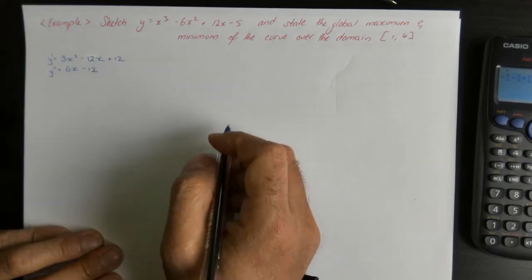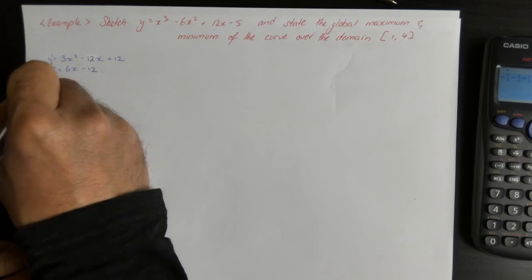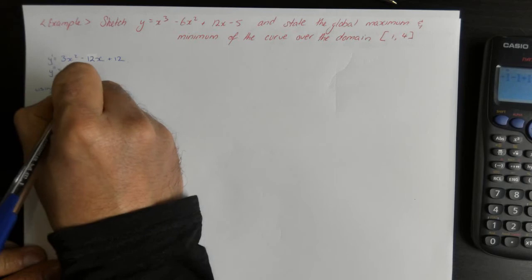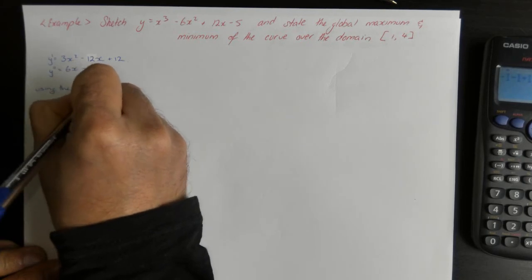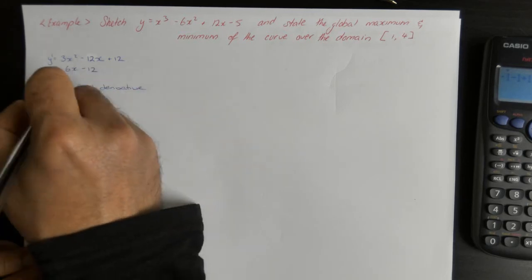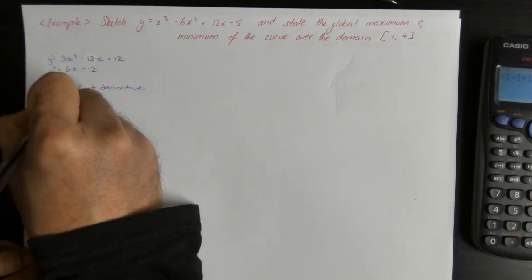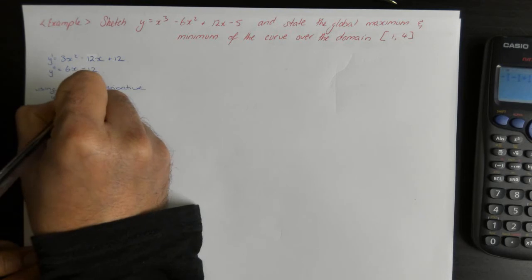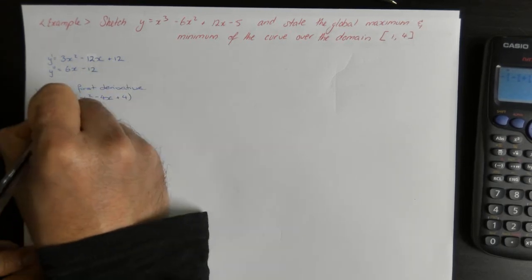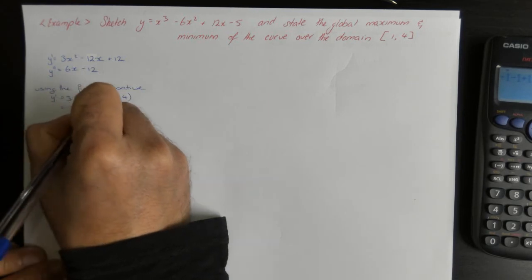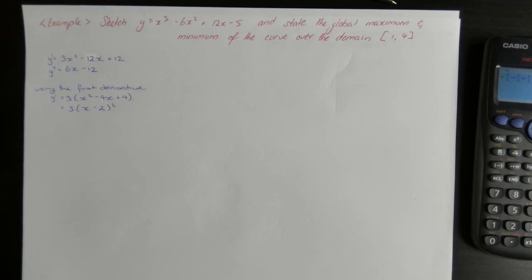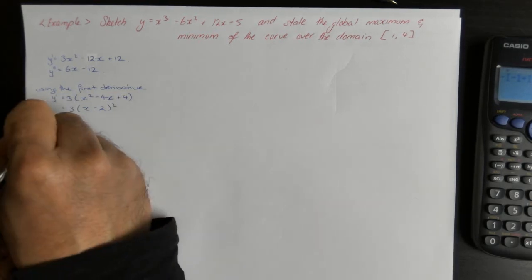Okay. Using the first derivative, I factorize that 3 out. Okay, so a stationary point occurs